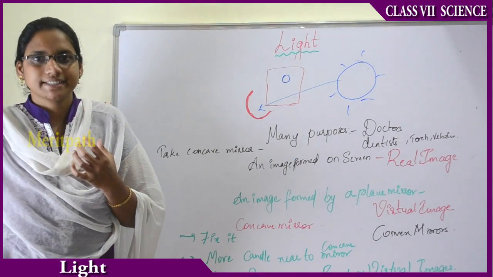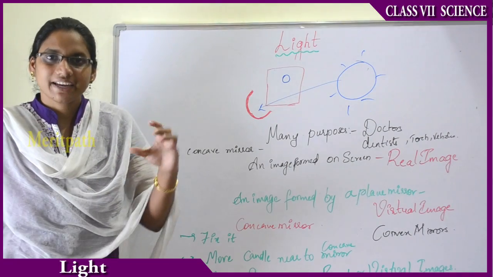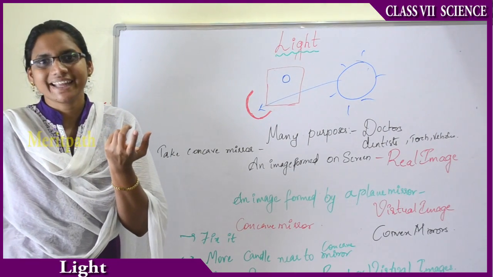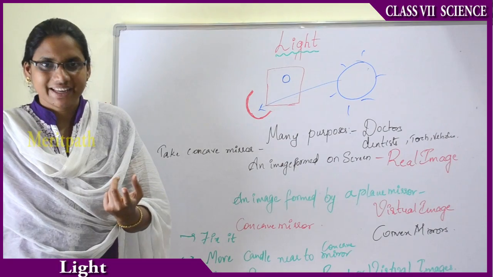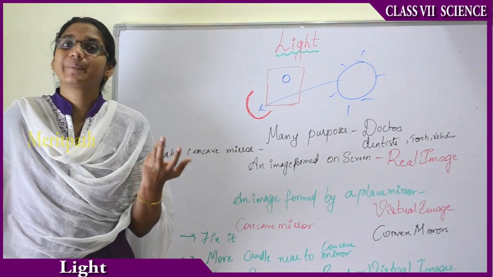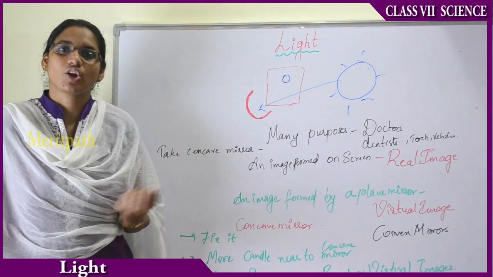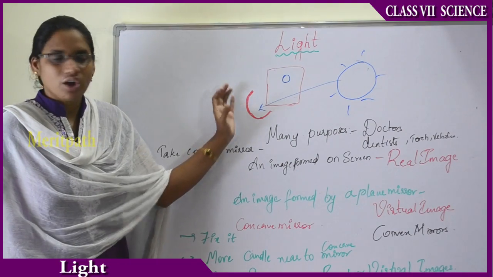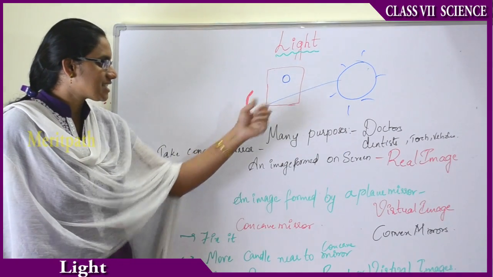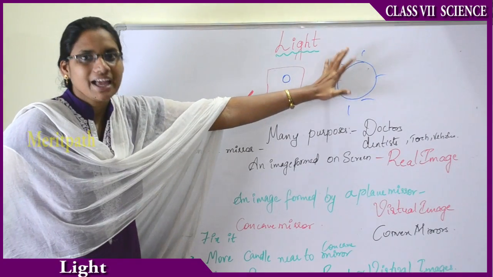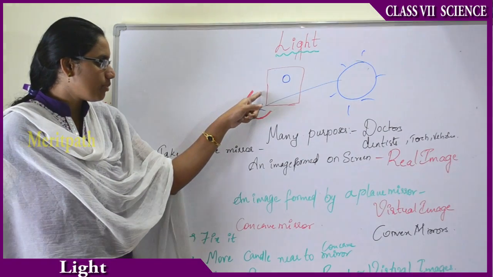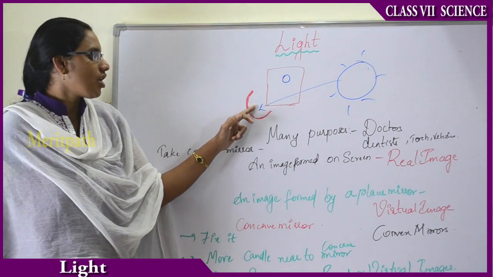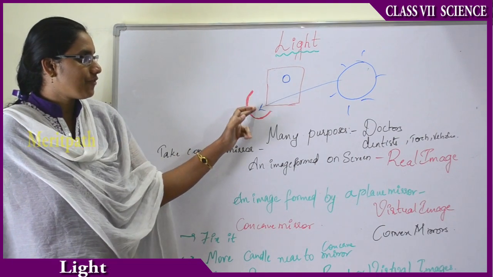Previously we have seen that when a plain mirror reflects, we get a virtual image, right? Now let us see what type of image we get by using concave and convex mirrors. Now I have taken this concave mirror, which has a cave-like structure. Assume this is the sun, and the sun's rays are falling on the concave mirror, that is the inner surface of a spoon, and the concave mirror is reflecting back